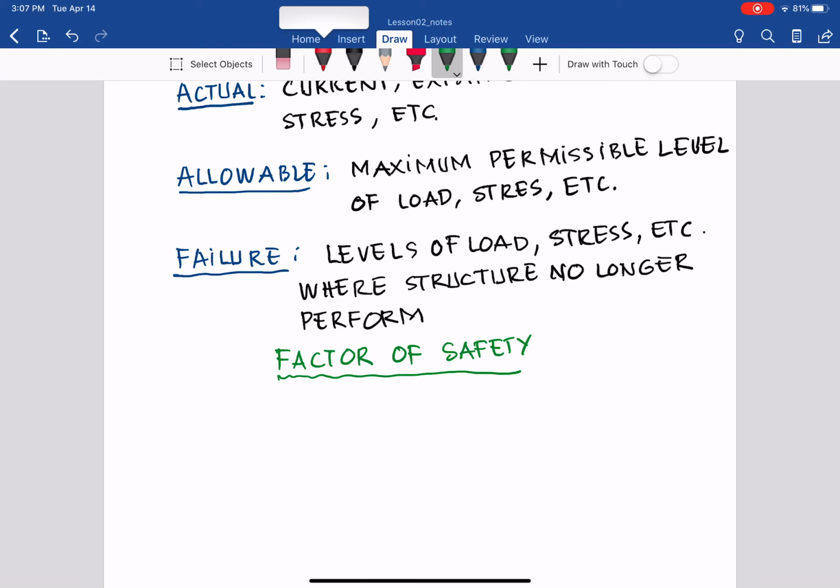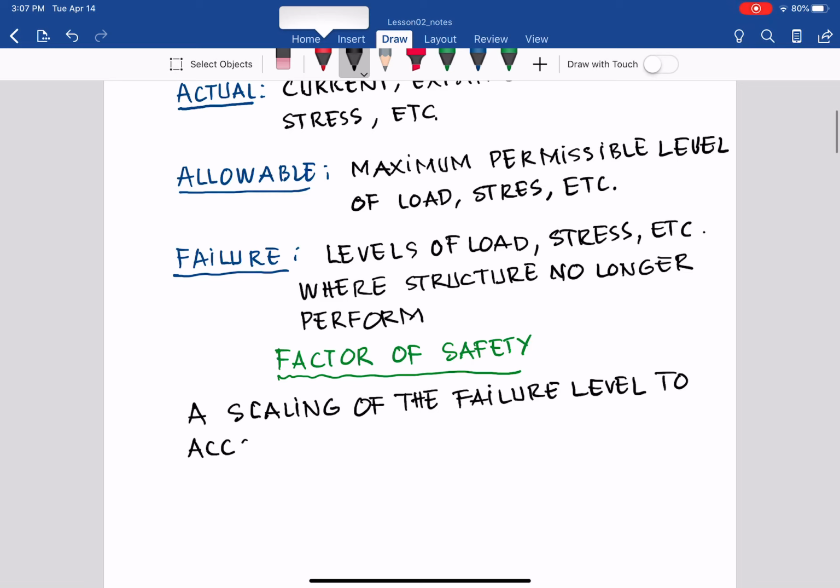It means during the design process, consider the factor of safety. So by definition, the factor of safety is the scaling of the failure level, as mentioned earlier, to account for the uncertainty